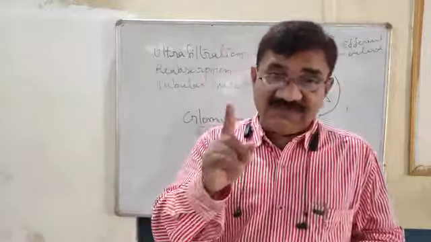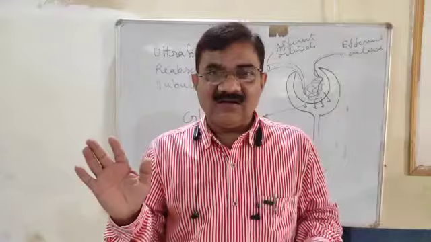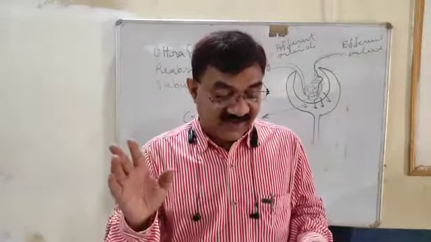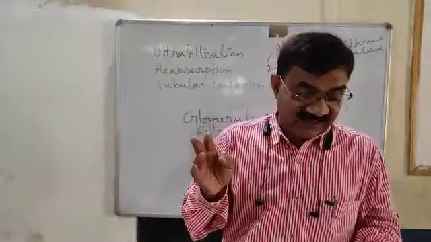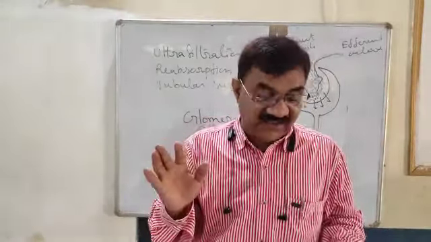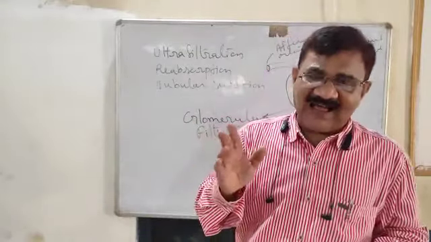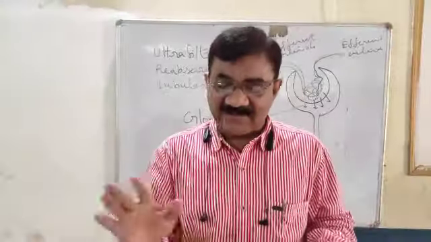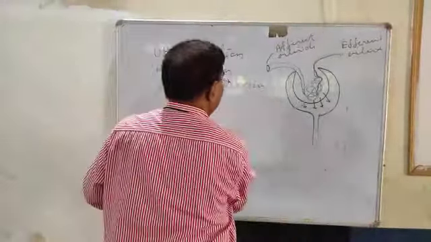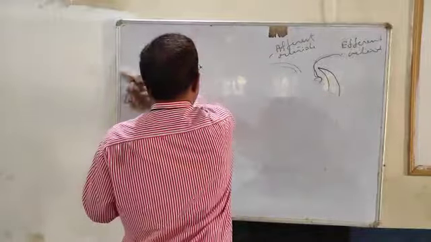Now constituents of urine, organic and inorganic constituents, may be asked in odd one out. Organic constituents: urea, creatinine, uric acid and others. Inorganic: sodium chloride, potassium chloride, ammonia and others. That part is clear. Now abnormal constituents of urine. Normal constituents we have discussed.